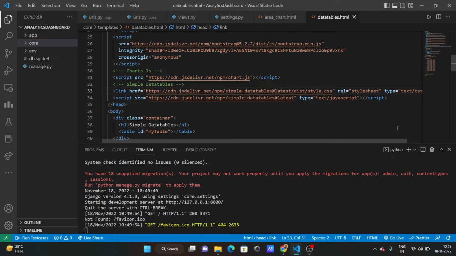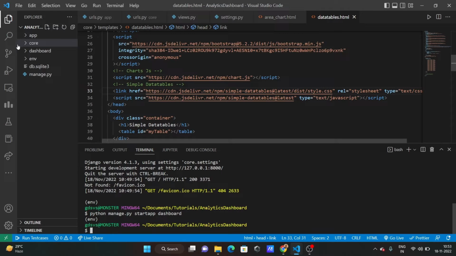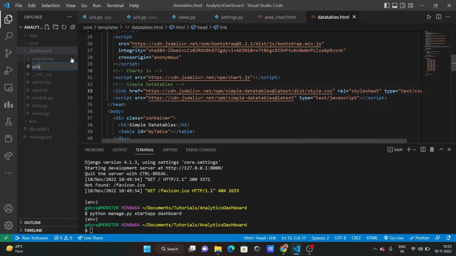So till now we discussed chart.js and simple data tables. Now it's time to create a website using the knowledge we gained in the last session. For that, I'll create a new app called dashboard. Use the command python manage.py startapp and give the app name. See, a new app is created here. Create a urls.py file